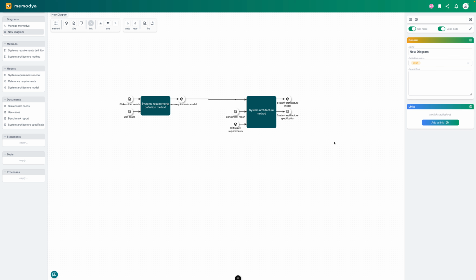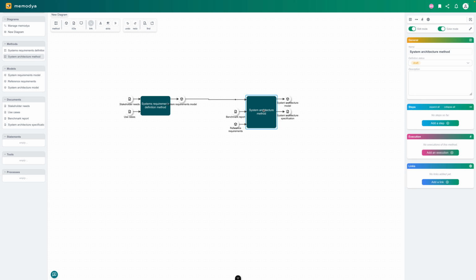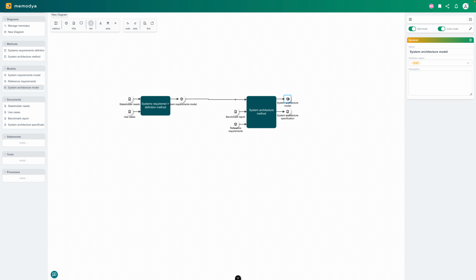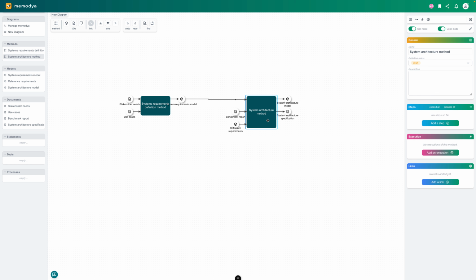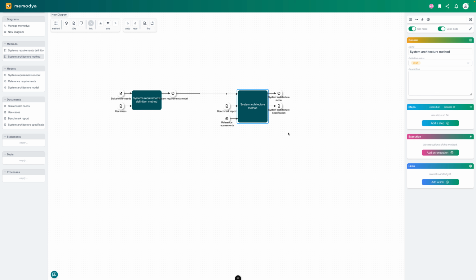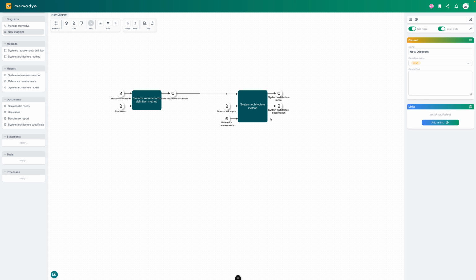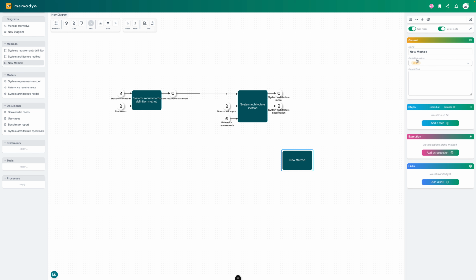specification. We can also, for example, split this method in two methods. So for example, let's say the first part of the method creates the system architecture model, and based on the system architecture model we derive the system architecture specification. That's also possible, but here, for example, let's keep it short. Then the next step is, when we have done this, we need to go to the subsystems. So let's say we have another method, which for example is the EE, the electric architecture